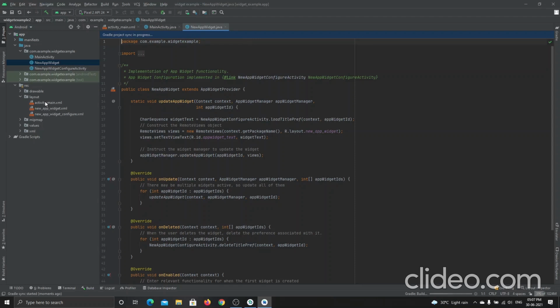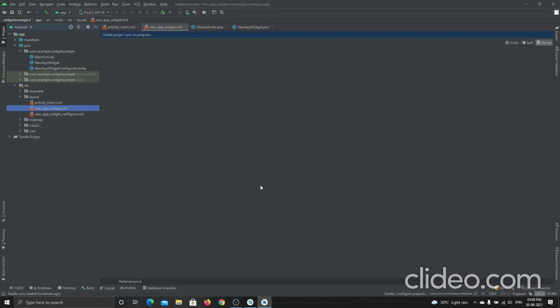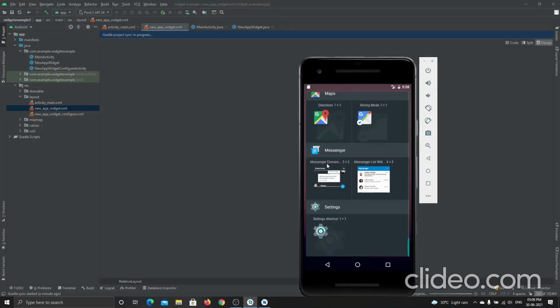This is the activity main. Okay, let me show you. Let's wait for a while because this Gradle is syncing. Let it be. See here, this is the main activity XML. When I open this new app widget, this app widget XML belongs to the widget. Okay, what is widget? This is the widget, right? It belongs to this layout.